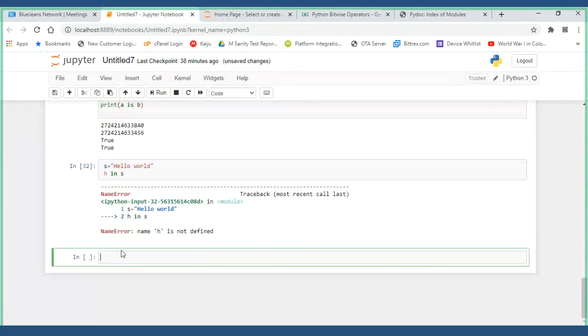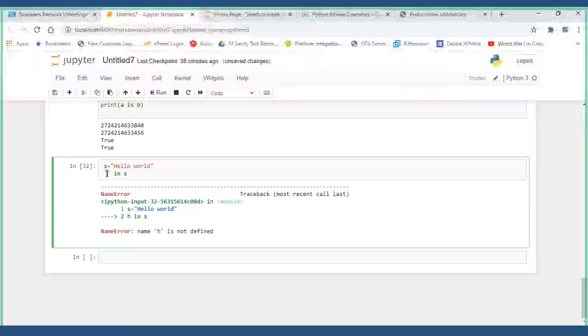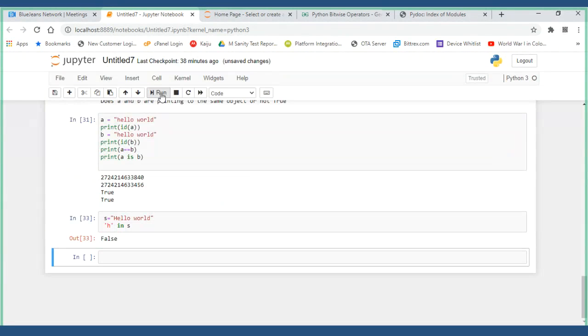It should be the text I have to put. Okay, like this single letter. Is H there in "hello world" or not? You tell me first. Yes, but it's in capital, right? Yes, correct. So it will return you false.